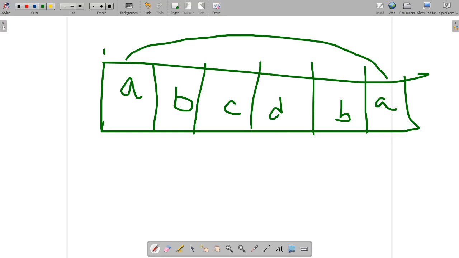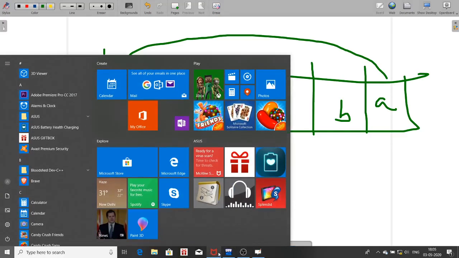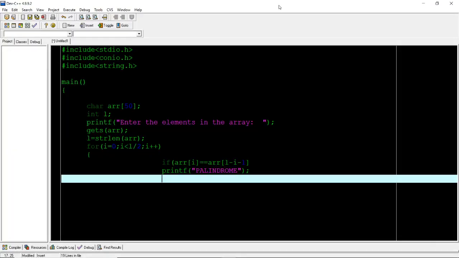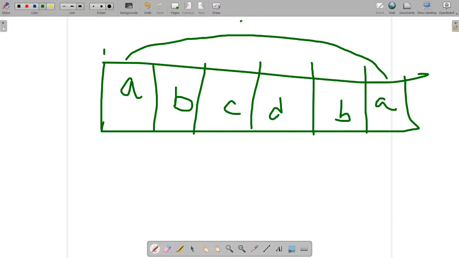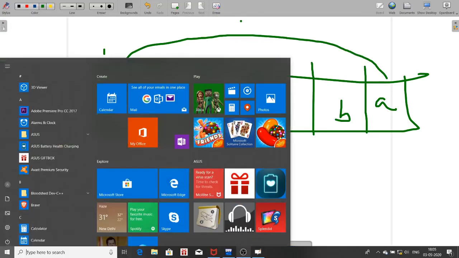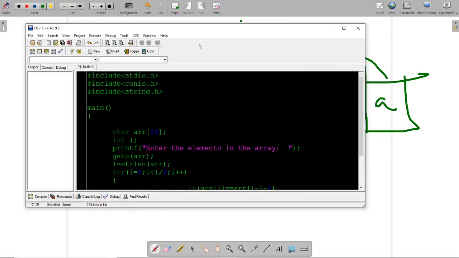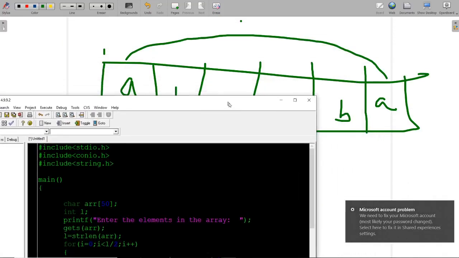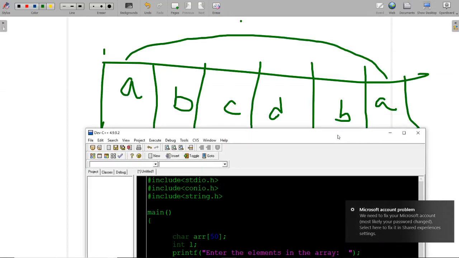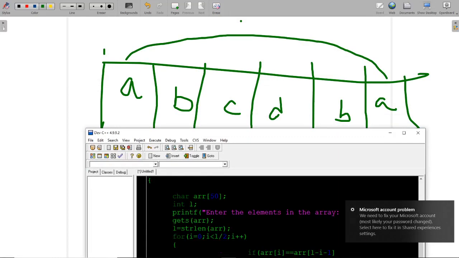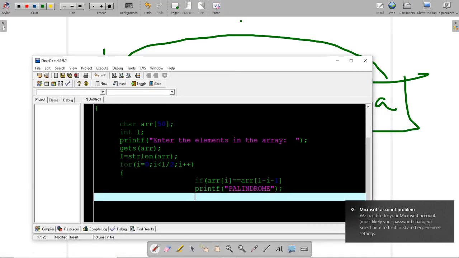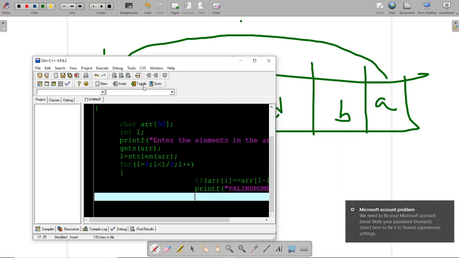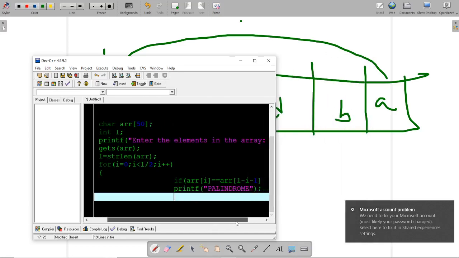So the program will directly print palindrome.